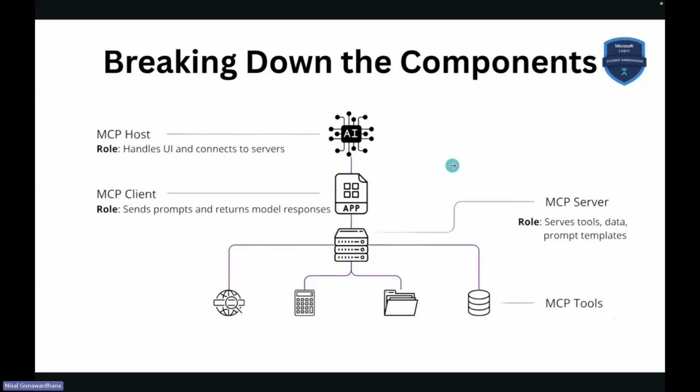And the very important thing is the MCP server. The MCP server is the set of rules, data, and prompt templates. Within the MCP server, we can see a lot of tools, several kinds of tools, like database tools, functions, and calculation tools.